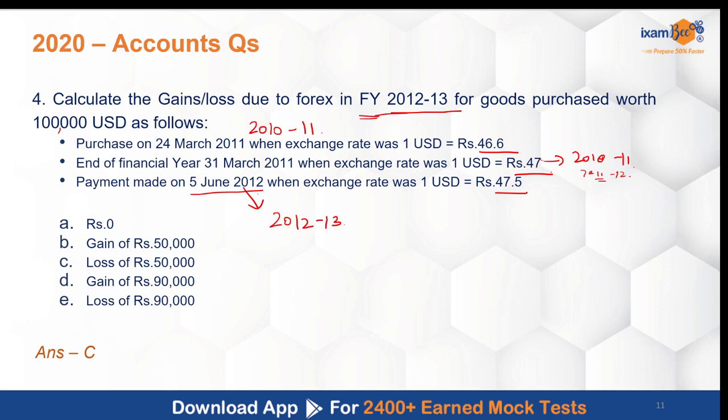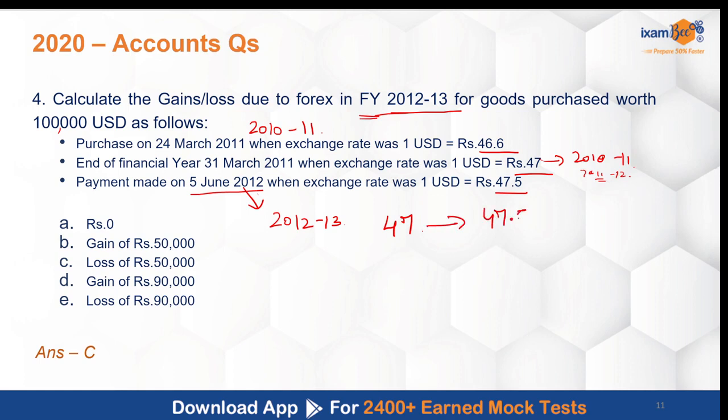So here we know that the account was not settled in 10-11 when the transaction took place, and not even in 11-12 when another year had lapsed. As such, the exchange rate for the start of 12-13 is 47,